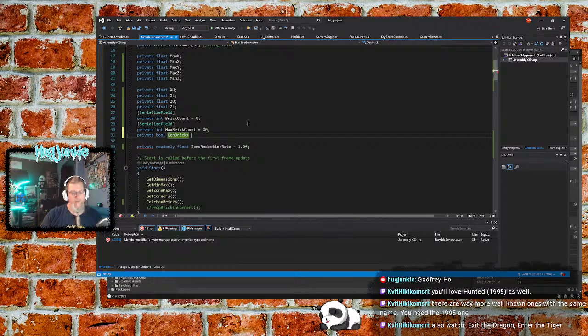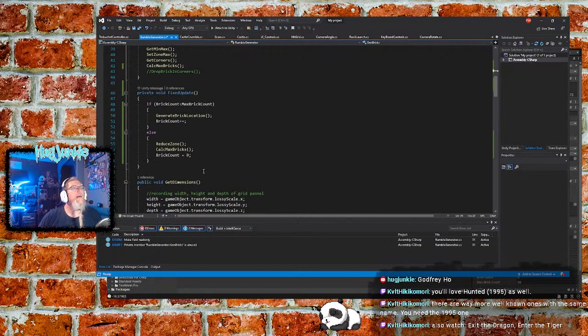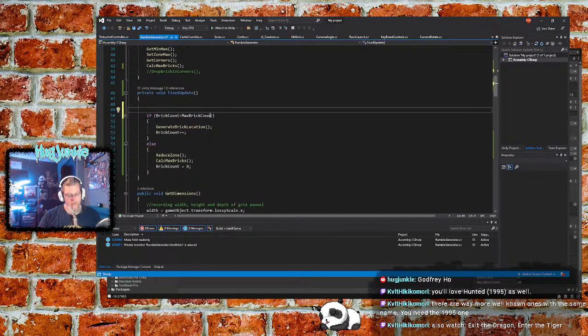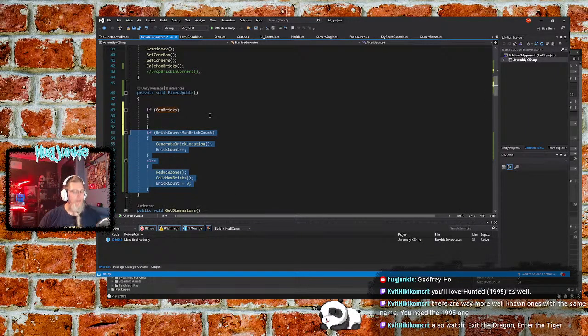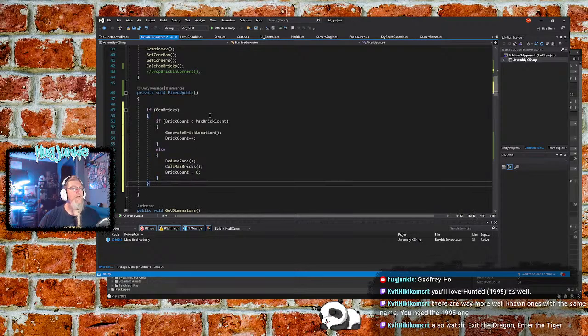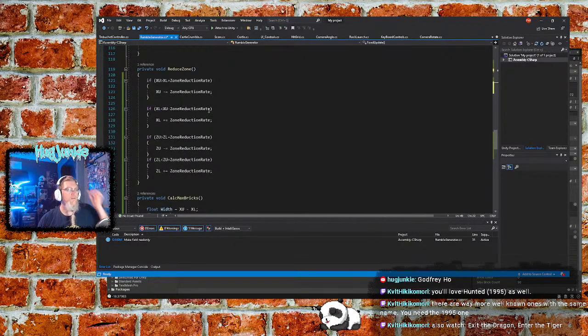Oh, I didn't need it as equals true. And put another if into here. So if genBricks, but I'll put all of this inside that. And then once we get to this point here,